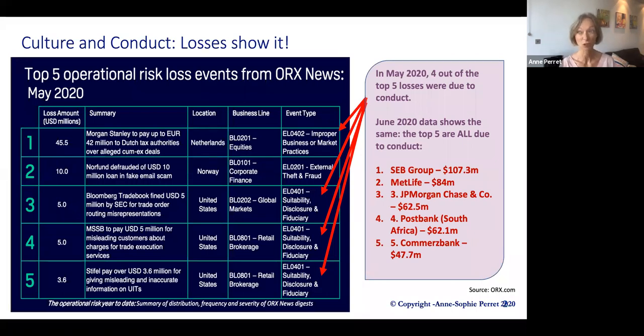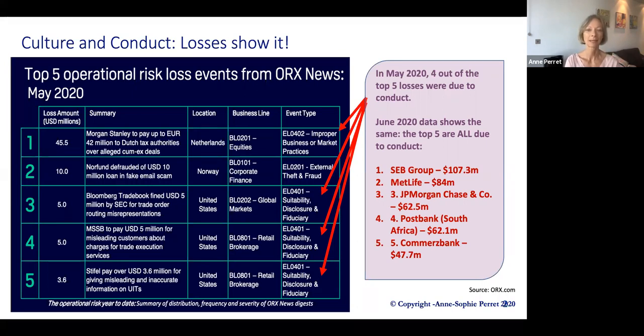Actually in countries which are, according to Transparency International, some of the best, like the Netherlands or Norway. United States, maybe not as good as these two, but still, they are at the top of the table. When you look at the June 2020 data, the 5 top losses in June are again